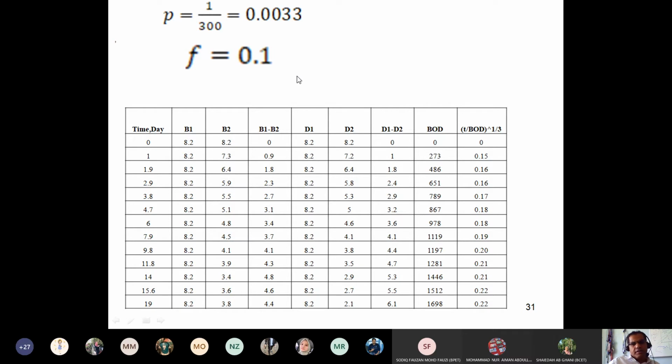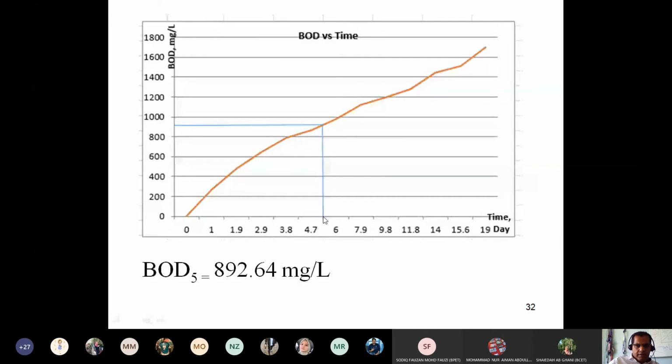Equation at the beginning before exercise 1. And then I calculate T over BOD to the power of 1 over 3. I will get all those values and I will go to draw. So BOD 5 will be, I will go here, this is 5. I will go here exactly, and then I will go. So it will be